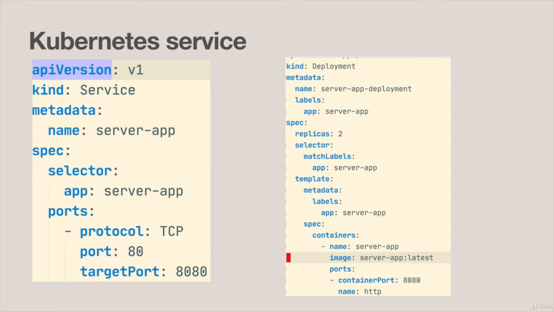The other important part of a service are the ports it exposes. In this example, we expose port 80 on the service. That's how people will interact with us when the service is looked up via DNS. But the traffic is routed to port 8080 on the container. This is nice because users expect to interact over port 80 for HTTP. But if your containers have decided to use some framework which by default uses port 8080, then this mapping can be done